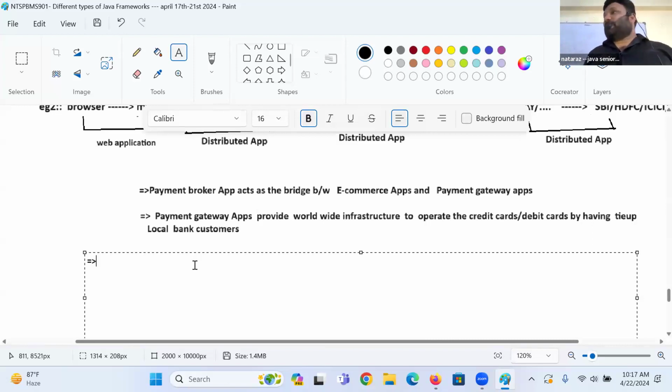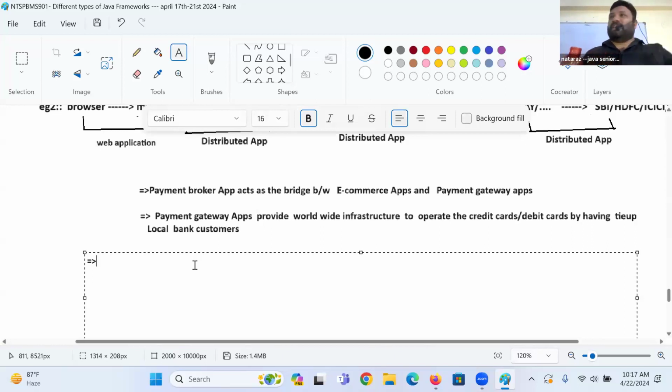Because when it comes to websites, we have multiple technologies. Using JavaScript, I can develop the website. .NET, Python, Java, PHP. Because the payment broker is in Java, if I ask someone to develop their website in Java, is it going to work out? That's why RMI and EJB are utter flops, guys.